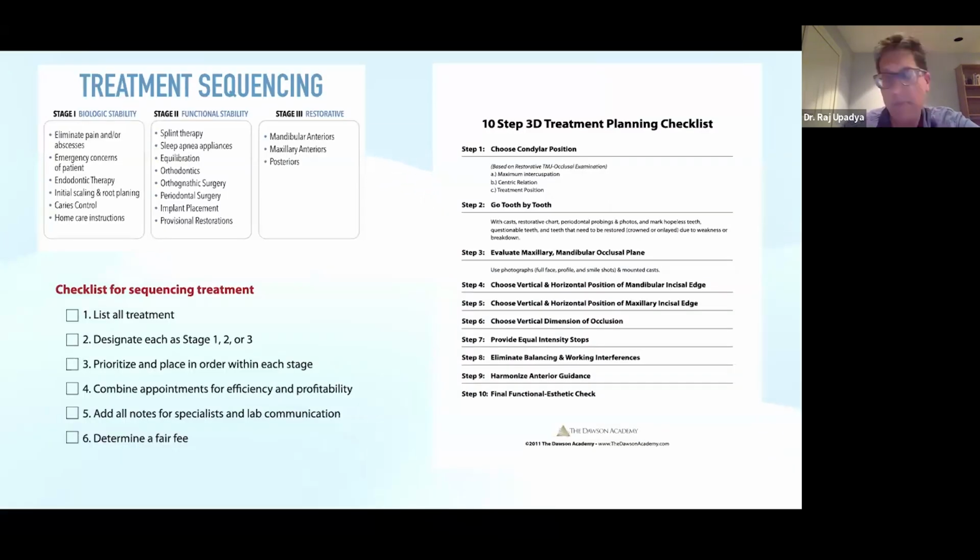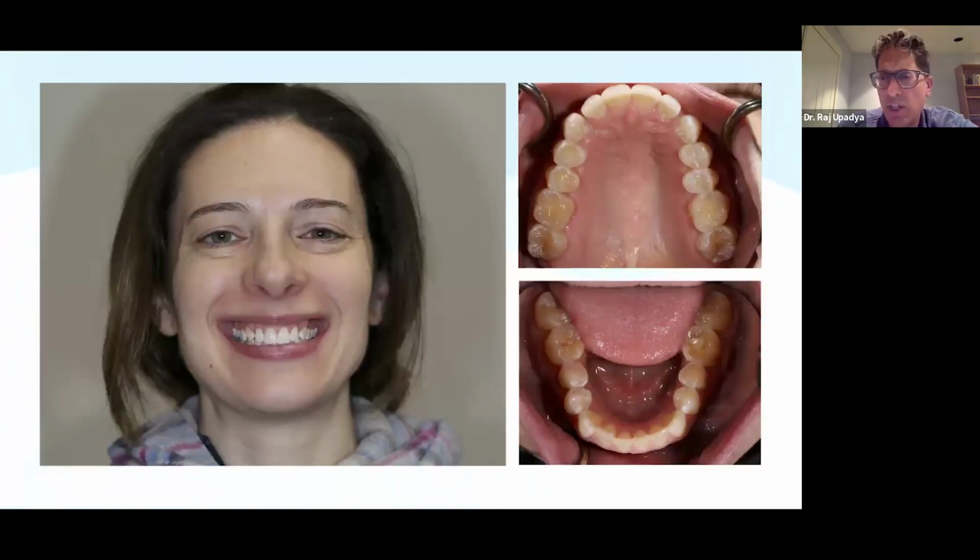So I'm going to fast track through this, because this is our Core 2 class, and in Core 3 we talk about the details on how we plan this out. But we're going to come up with a plan that is as minimally invasive as possible to alter and correct that occlusal scheme when we see signs of breakdown. So I want to show you some of her photos here so you can see